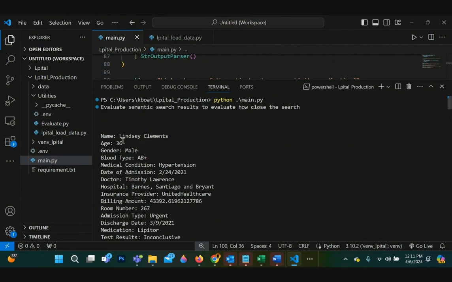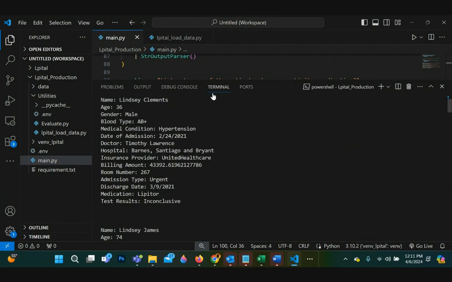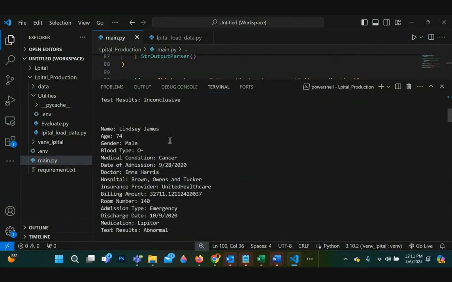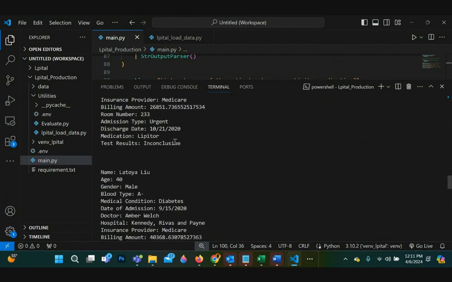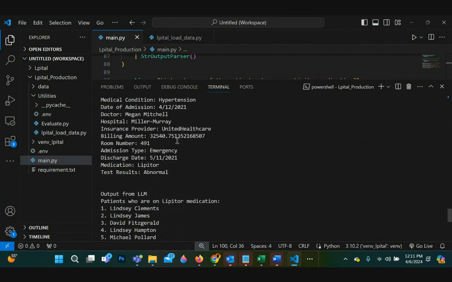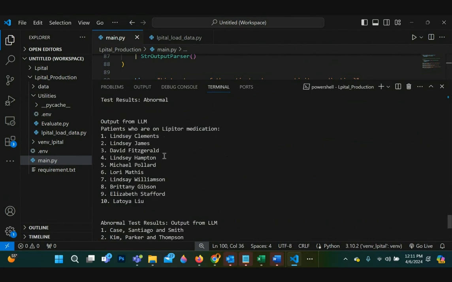Basically, this is the first 10, just looping through the docs, the retrieved results from the retrieval, right? So it's returning the first 10. But where we really ask the question is patients who are on Lipitor. So as you can see, we can do some validation here. Let me just take this one.